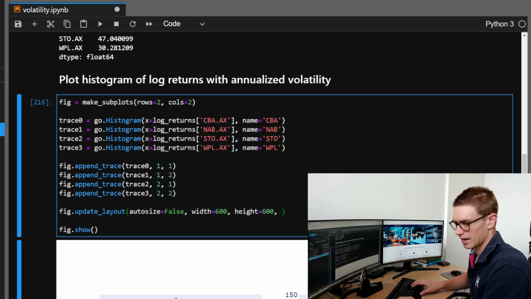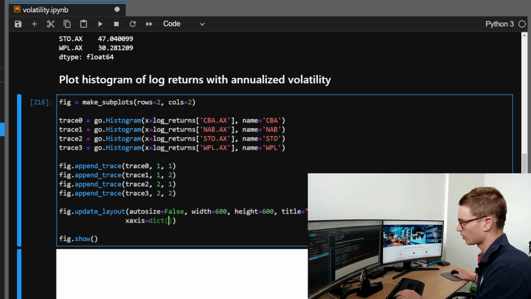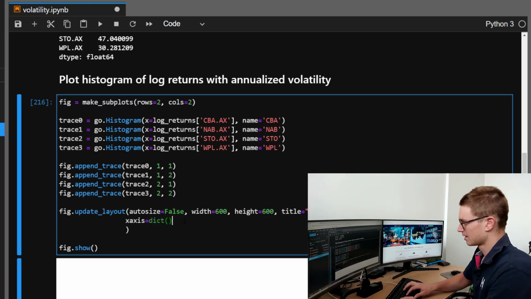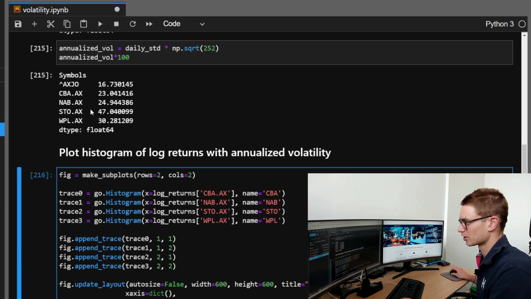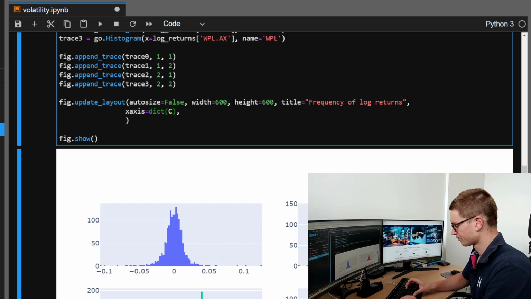So now that we've got that defined, we'll get the title and we'll call it, every good graph has a good title, frequency of log returns, very individual. We've got the x-axes that we want to label, and how we want to label these x-axes is with this information for annualized volatility. So what we can say is go CBA annualized vol,